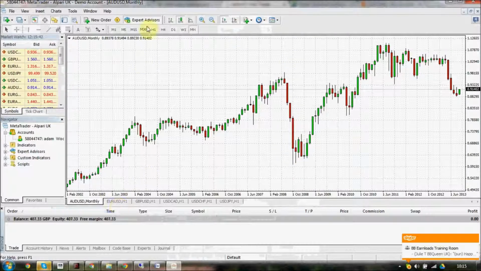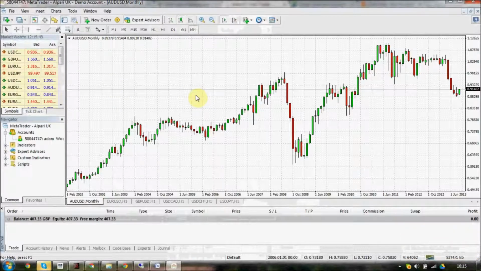So that's it for this lesson. Make sure you understand how to open and close charts and get yourself set up with that template, as you'll be needing it